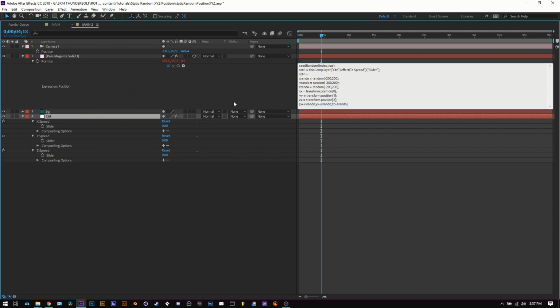yctrl, pickwhip the Y slider. zctrl, let's pickwhip the Z slider. So now we've got these sliders inputted with simple variables. Make sure that says X, Y, and Z control. Now on the rando variables, let's input these values. So we'll say xrando equals random(-xctrl, xctrl), so a number between whatever the slider is and the negative version of it flipped,